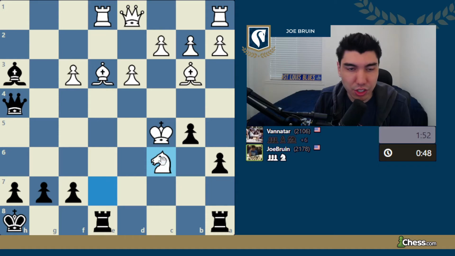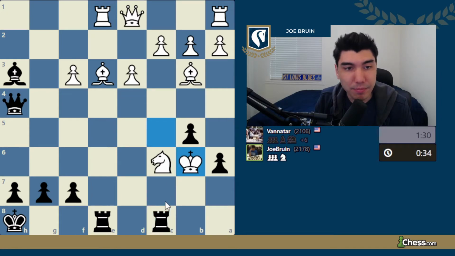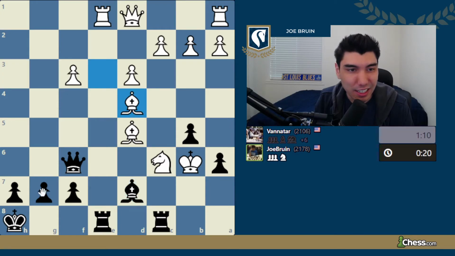He tries to shelter his king a little bit, put some clothes on with knight c6. I simply pin the knight a second time. The king gets out of that pin again, but I pin him for the third time. And now bishop here to defend the knight, bishop here to attack the knight a third time. This knight cannot be defended anymore, so white tries to go for the counterplay with the activity, bishop here,